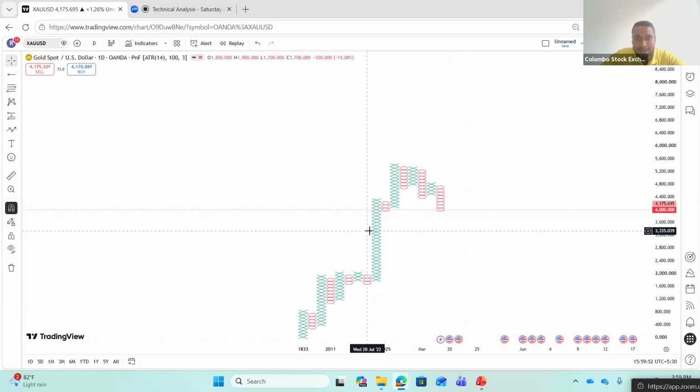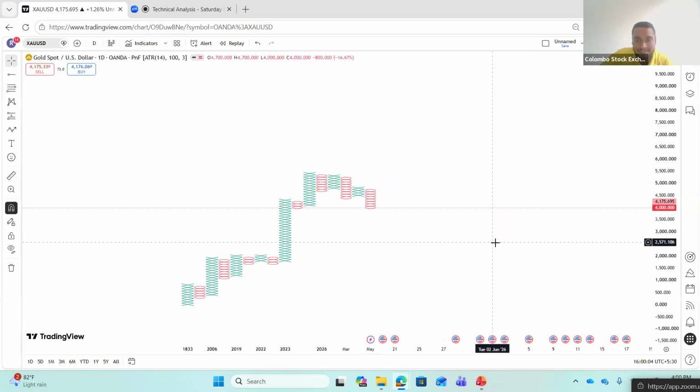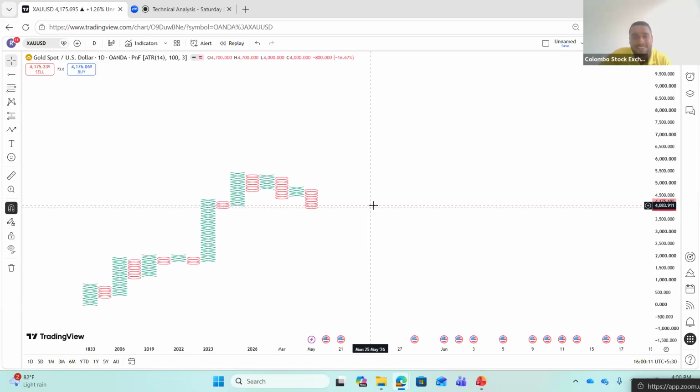And from 1833, you only see this chart in point and figure. This is the whole chart from 1833. And in 2011, here it's 2011. And here this is 2026. So here the difference is in point and figure charts, they don't really